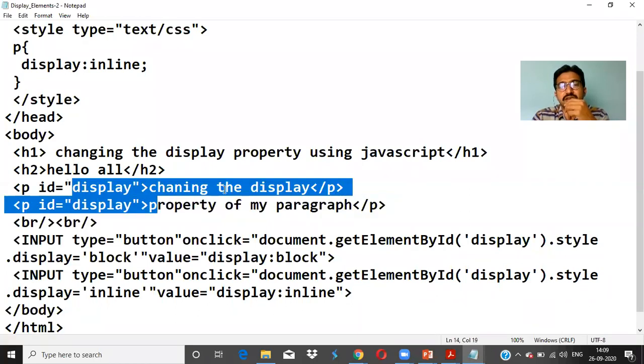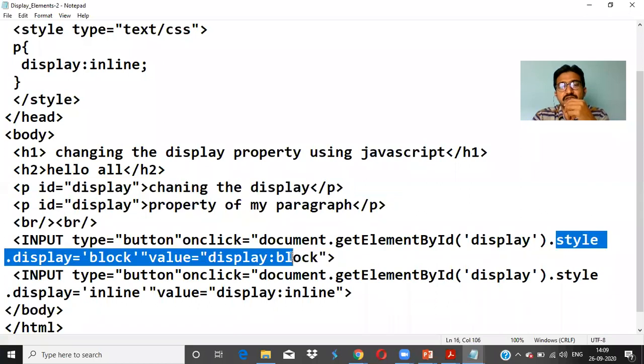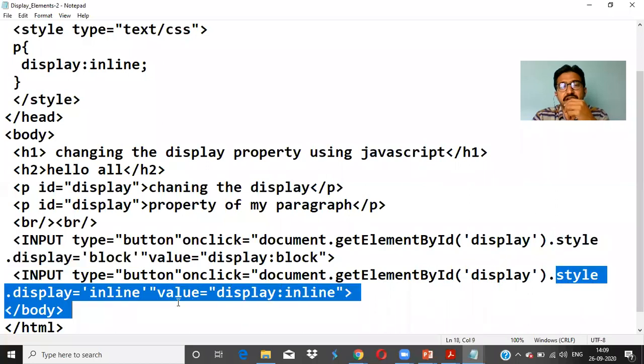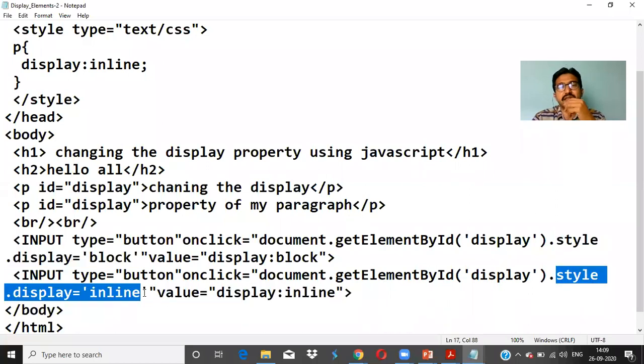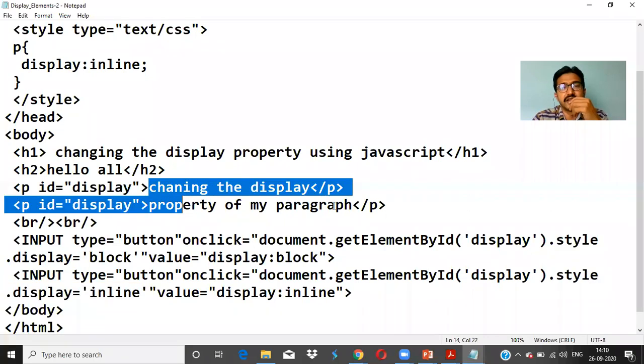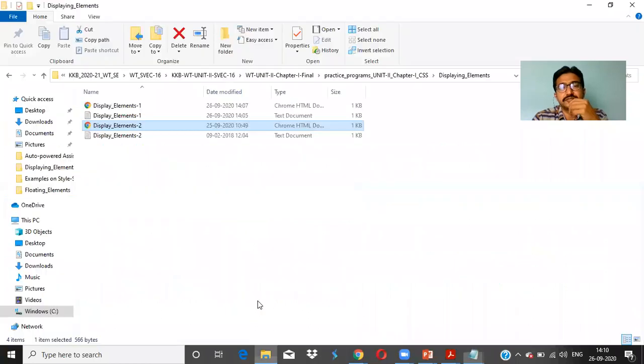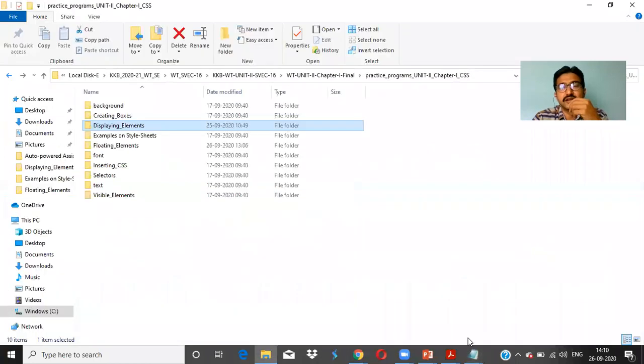When you click on that text, style.display is equal to what? Block. And when you click on display inline, style.display is what? Inline. The value will be reflected over there, and automatically for this ID, the text will be reflected as per this action. Okay. That's about the display